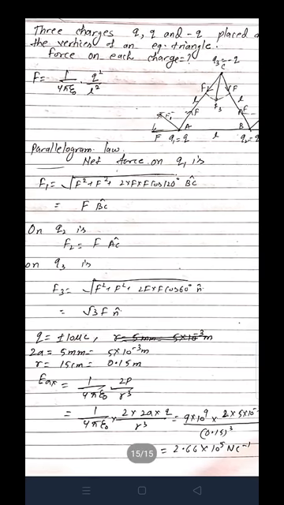We need to find the value of the electric field at a distance of 15 centimeter, that is 0.15 meter, from the center of the dipole on the axial line. So how are we going to find it? We have a formula, I think we have already studied it: 1 by 4 pi epsilon naught times 2p by r cube. What is p over here? P is the dipole moment, which we can find by multiplying the charge of the dipole by the distance between the two charges. After putting all these values